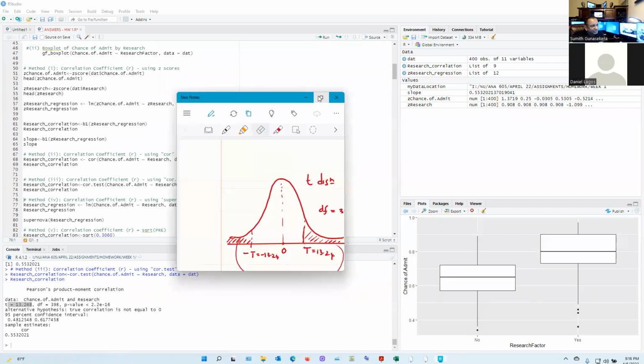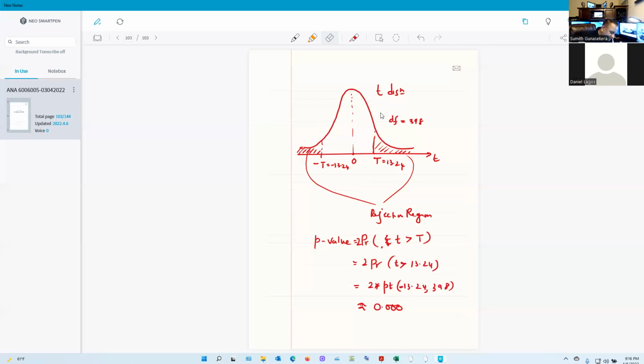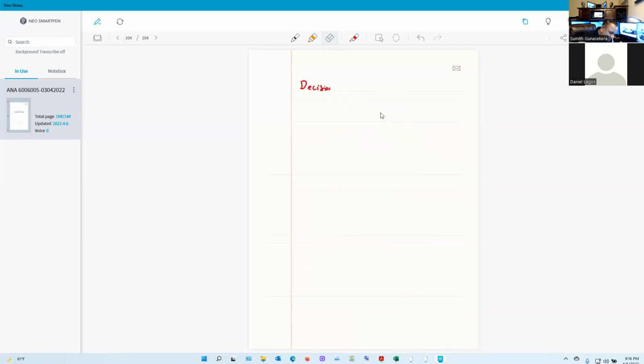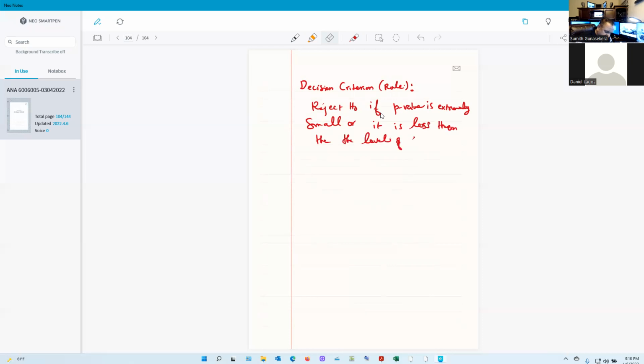Then how do you make a conclusion? The decision rule: reject H0 if the p-value is extremely small, or if it is less than the level of significance, alpha 0.05. Looking at this, since the p-value is 0, we reject H0